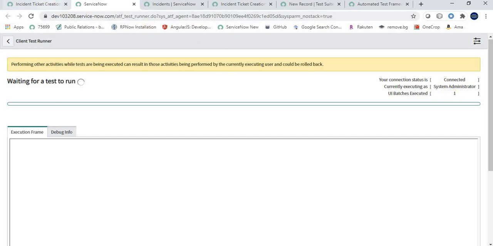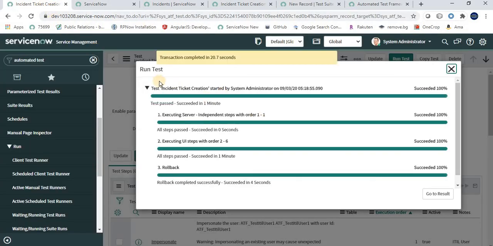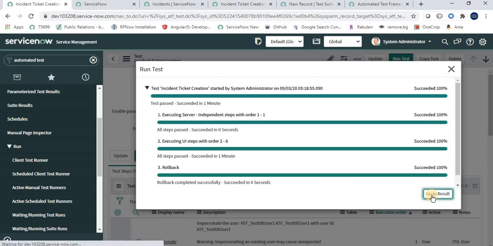You have to click here and you will find the run test, and everything is done. First it executes server step 1 to 1, then the UI steps, that is 2 to 6, and the third is rollback. Whatever records have been created through the automated test framework, you will not see those created tickets in the incident table. All those records have been rolled back by the automated test framework. Now if you click on go to result,